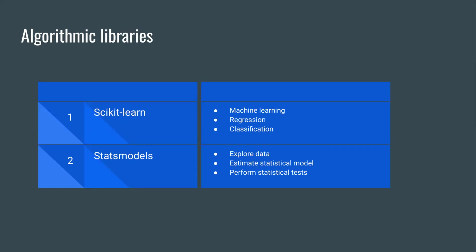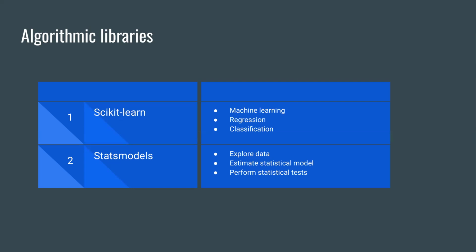Let's look at algorithmic libraries. So we have scikit-learn and stats model. With machine learning algorithms, we are able to develop a model using our data set and obtain predictions. The algorithmic libraries tackle machine learning tasks from basic to complex. And there are two major ones,